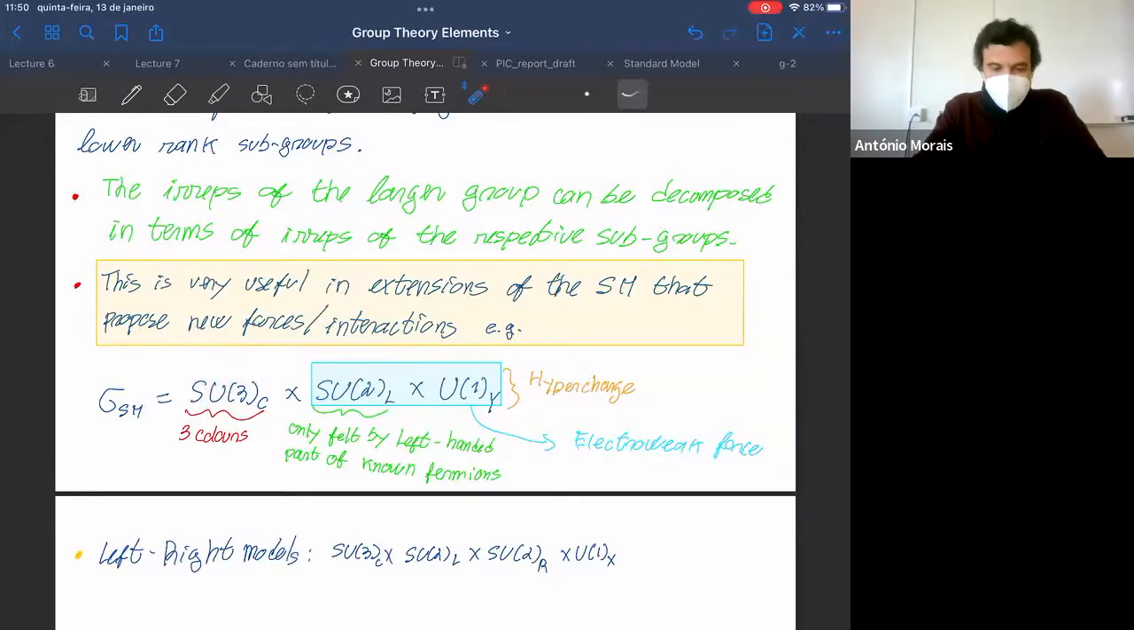Okay, but as I say, we may want to extend the standard model to explain something at the fundamental level. Why this? Why that? Why do we have right-handed